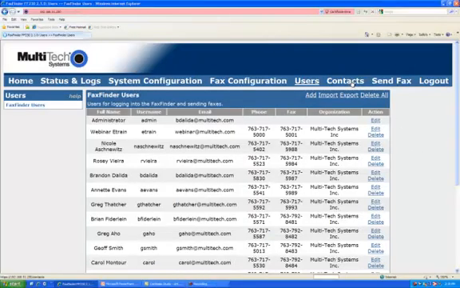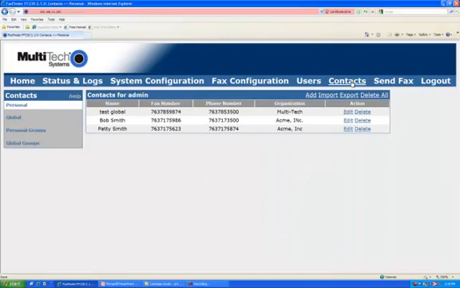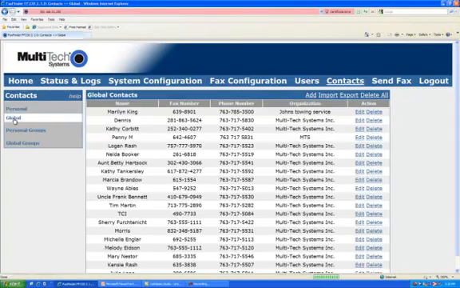Now finally, under contacts, this is where you can set up all of your contacts. Each person is going to have personal contacts. This is going to be the admin's personal contacts here. What I had mentioned before is there are global contacts, so the administrator can manually add or import a CSV file of global contacts. So anybody that uses the web client or the print client would be able to pull from this contact